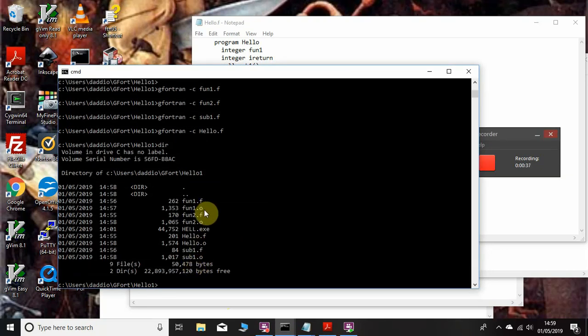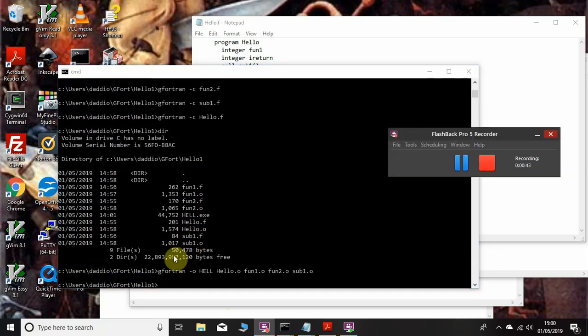You can see all the object files, and now I've done gfortran -o hell, so that's going to be our executable file, and then a list of all the object files that are needed, and gfortran would have called the linker, or some people call it the loader anyway, and it should have joined them all together and produced the executable file,